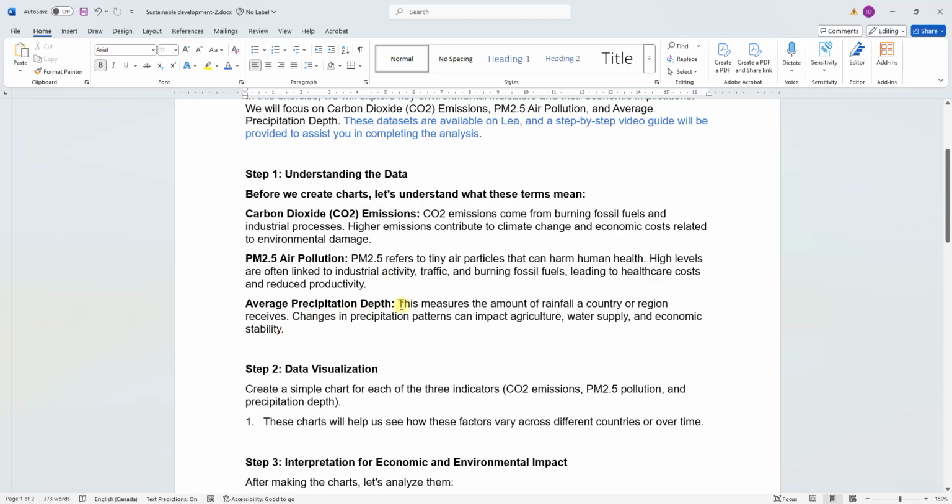For example, average precipitation depth. This measures the amount of rainfall a country or region receives. Changes in precipitation patterns can impact agriculture, water supply, and economic stability. So that's just an example. Now you can go further for each of these things. You can look, for example, at the economic, the environmental, and the social implications of changes in